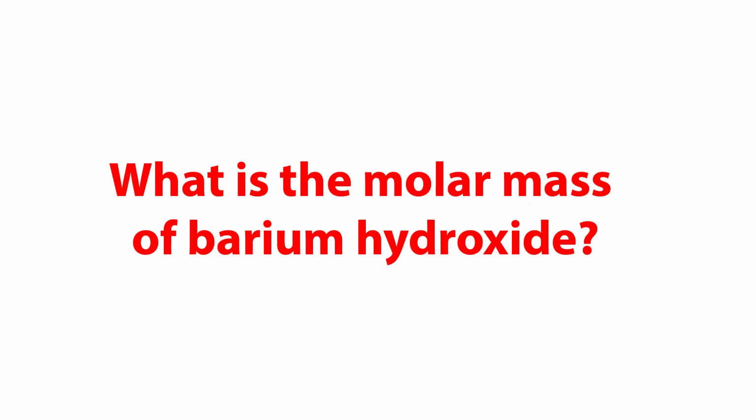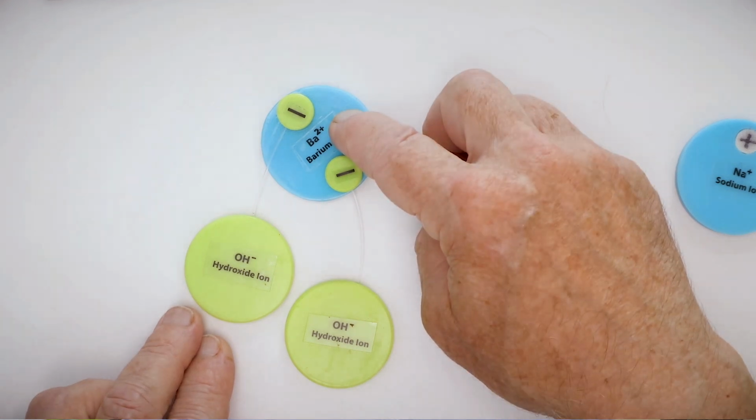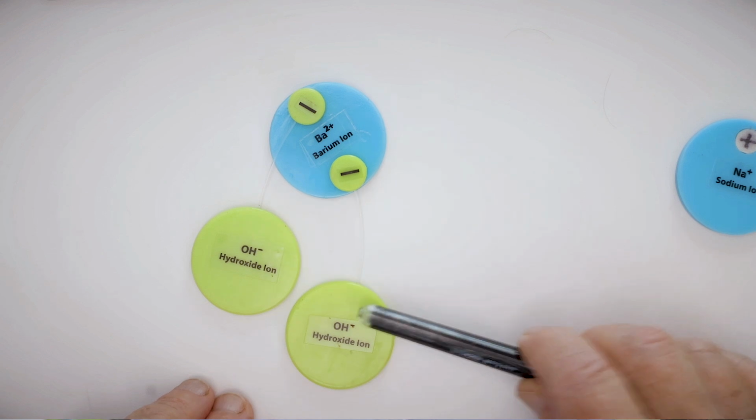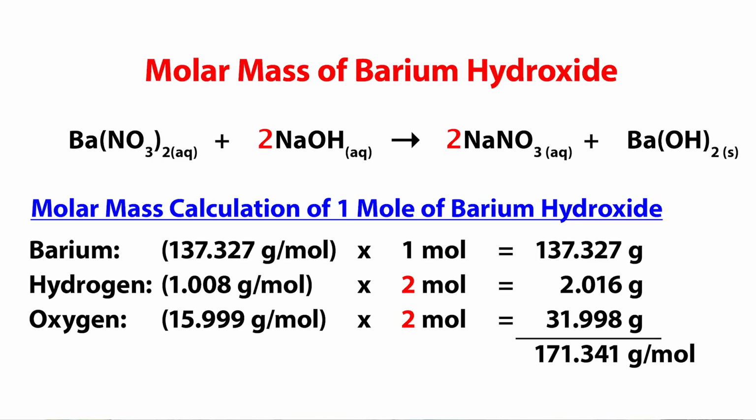So we figured out the number of moles of barium hydroxide now. The last step is to figure out how much mass that is, and we do that by multiplying that by the molar mass of barium hydroxide. So we need to calculate the molar mass of barium hydroxide. If we look at this now with the barium hydroxide, it's got one barium, it's got 2 oxygens, and 2 hydrogens. We add all this together, we have 137 grams, and roughly 16 times 2 or 32 grams, and about 2 grams of hydrogen. We add it all together, it comes up to